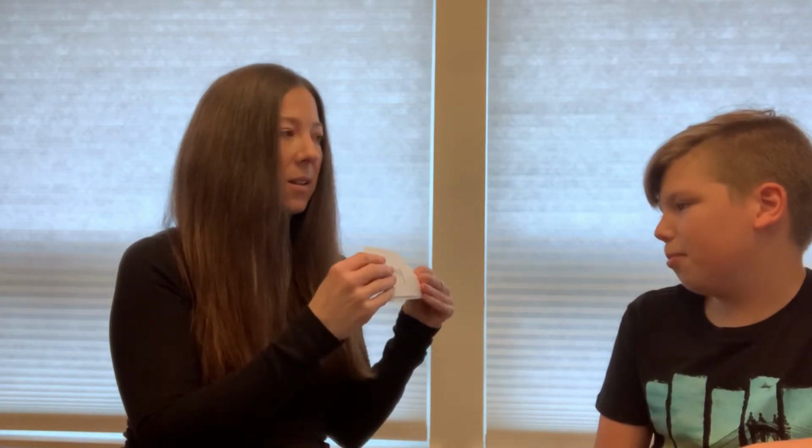So now I've gone all the way to 5. I put all the cards back on the deck. So I have a total of 10